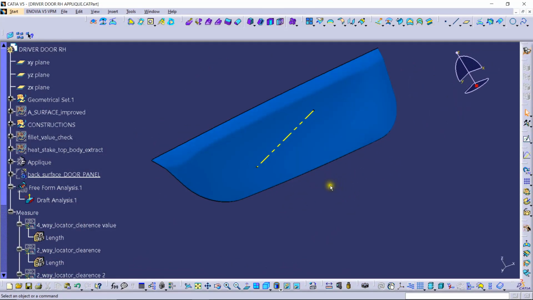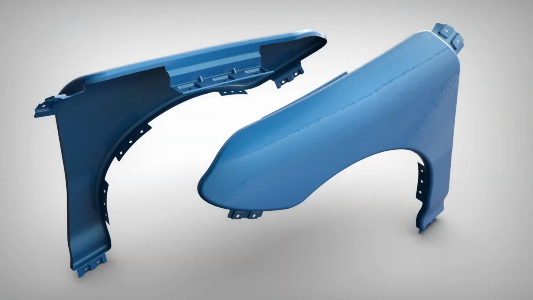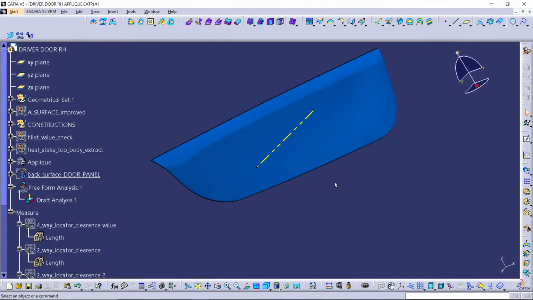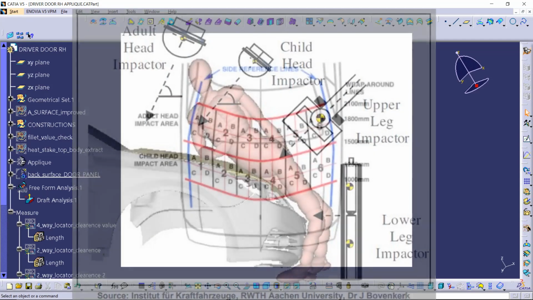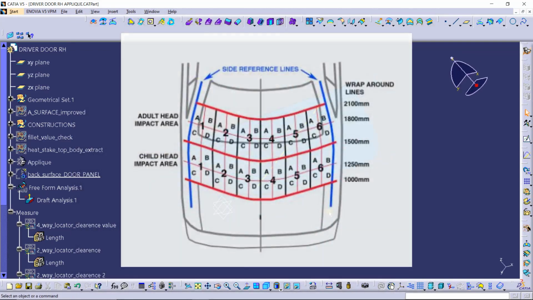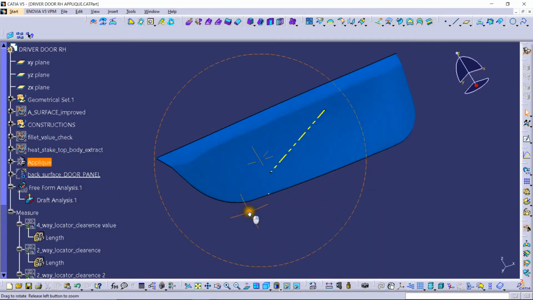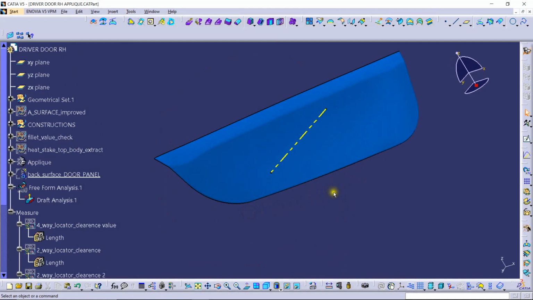And if it is exterior parts like the fenders, hoods or bumpers, etc., they will be doing safety checks to ensure pedestrian safety and passenger safety. And if they notice any issues regarding the class A surface, they will send this class A surface back to the styling team with a detailed report mentioning the issues.